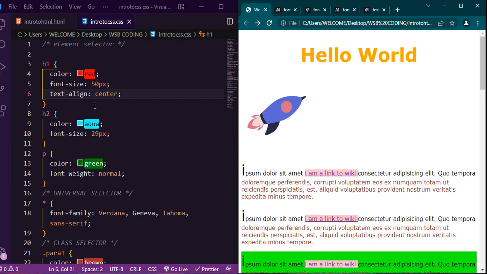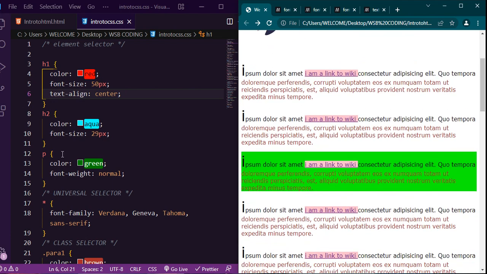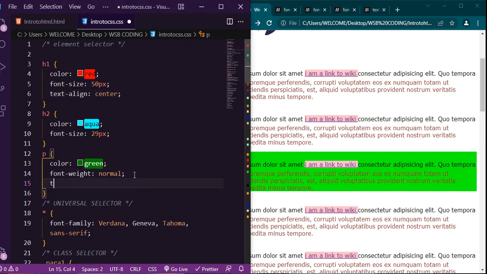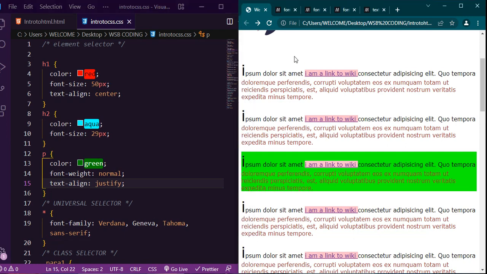Justify means to give your text straight edges, like in this paragraph over here. If you set your paragraph text align to justify, your text edges will be straight on both sides, left and right. Let me show you. In the paragraph, text align justify, save it. Before you refresh your page, notice that all these edges are not straight on the right side. On the left side it is straight, but not on the right side. But when you give justify,